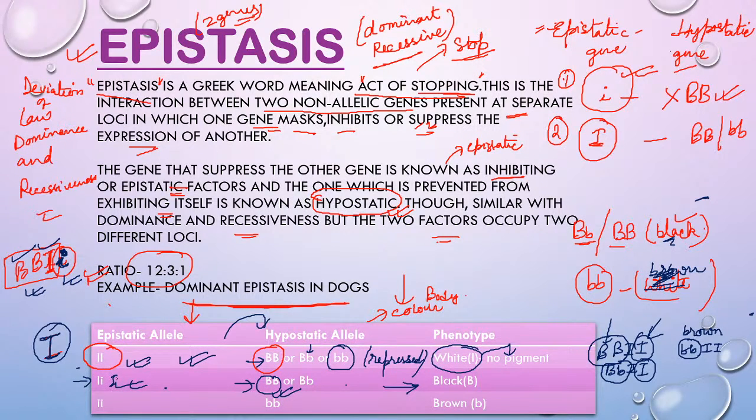देखिए क्योंकि यहाँ पे दो I नहीं है, इसलिए यहाँ पे स्मॉल i प्रेजेंट है, मतलब यहाँ पे तो एपिस्टेटिक एलील का कोई काम ही नहीं, यहाँ पे तो एपिस्टेटिक एलील है ही नहीं, क्योंकि यहाँ पे हम डोमिनेंट एपिस्टेसिस के बारे में पढ़ रहे हैं, तो ऑब्वियसली हम हमेशा कैपिटल I को खोजेंगे, तो स्मॉल i में हमें कोई कैपिटल I दिखी ही नहीं, तो स्मॉल b जब है तो ये ब्राउन कलर को डिनोट करेगा। ठीक है, स्मॉल i के टाइम पे अगर कैपिटल B भी रहता तो भी ये ब्लैक कलर को डिनोट करता। ठीक है, ओके, सो देखिए इतना तक आई होप सभी का क्लियर है अच्छे से।